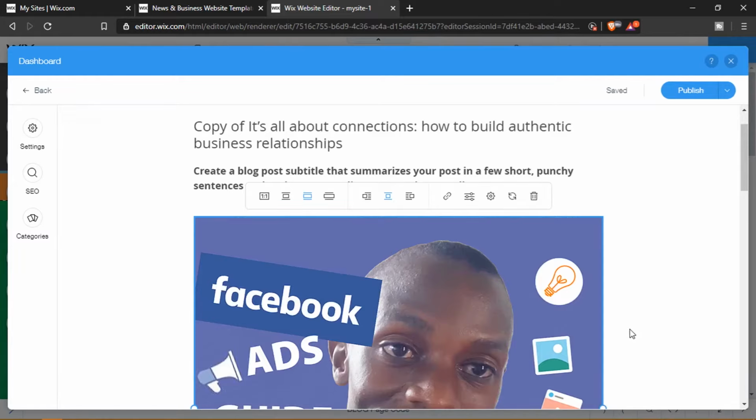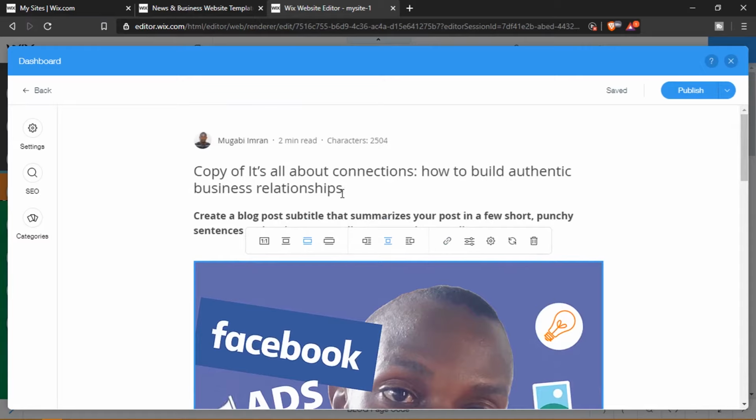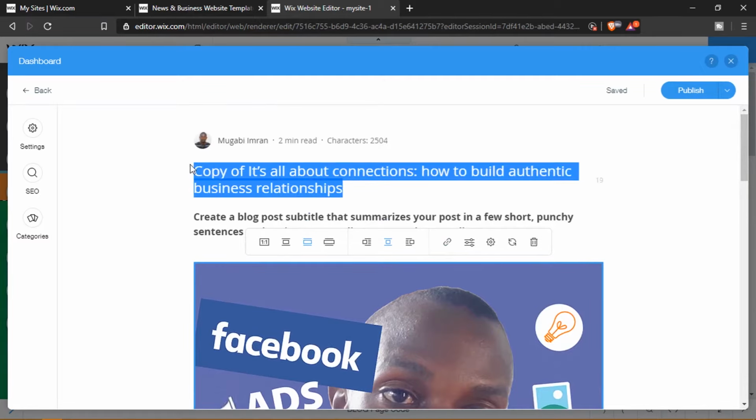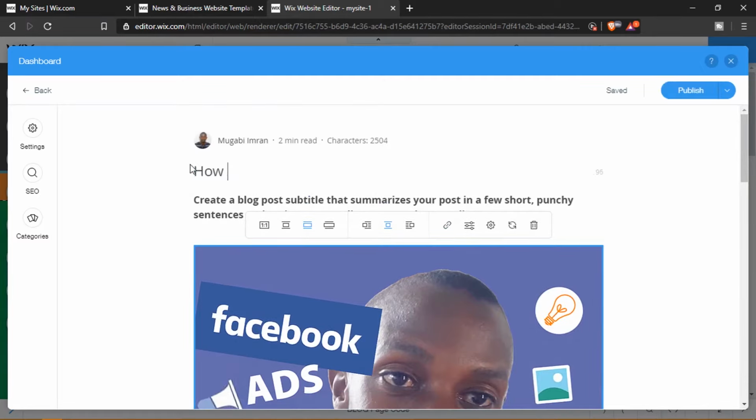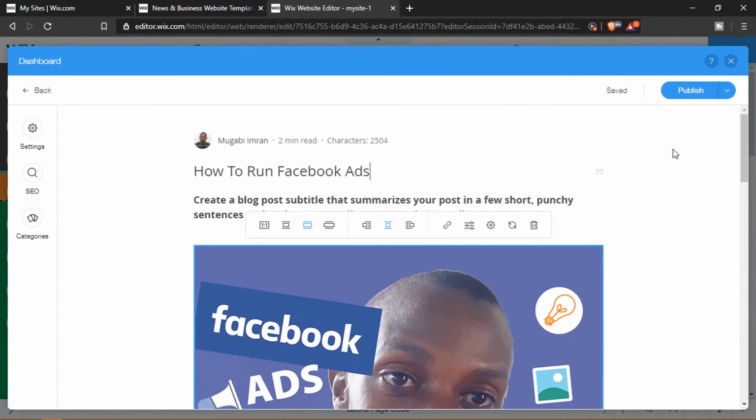Now let's change out the title. Let's say we are going to put how to run Facebook ads, just for the example. When you finish updating your content, make sure you click the publish button. Okay, so when you click publish, there's even another option of saving as a draft so that you can publish it later, or you can even schedule the post,